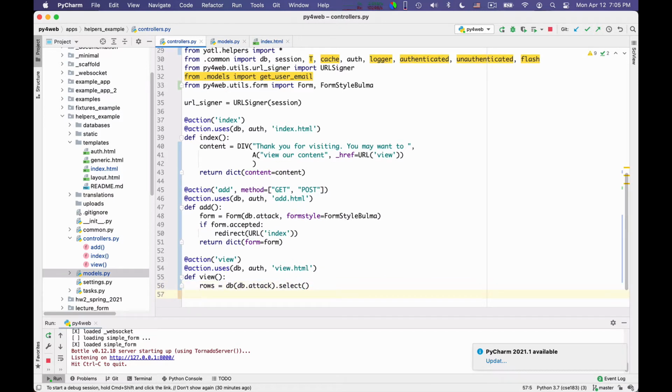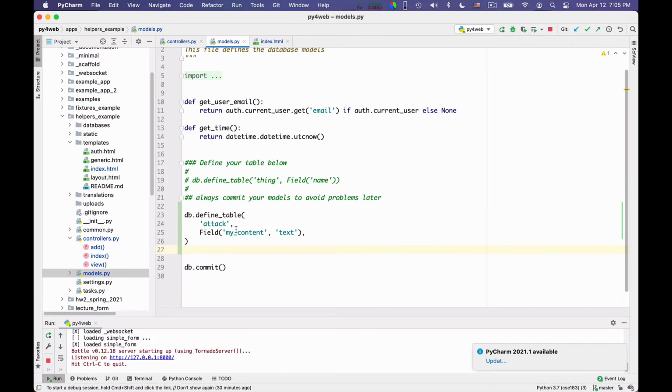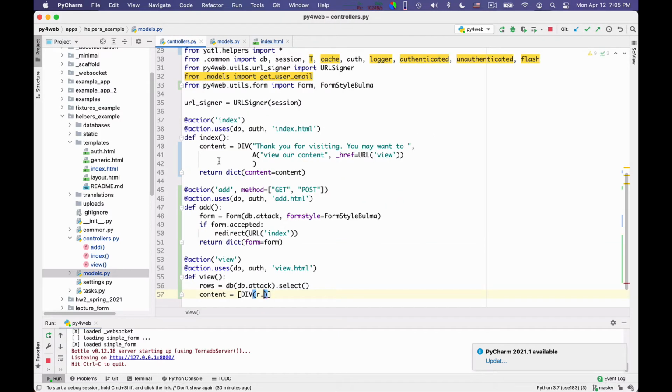Okay, and I wanted to generate one div per row, and so I do something like content is equal to a list of div, row dot, how did I call it? In models.py I called it my content, the field, right? So I have to say r.mycontent.